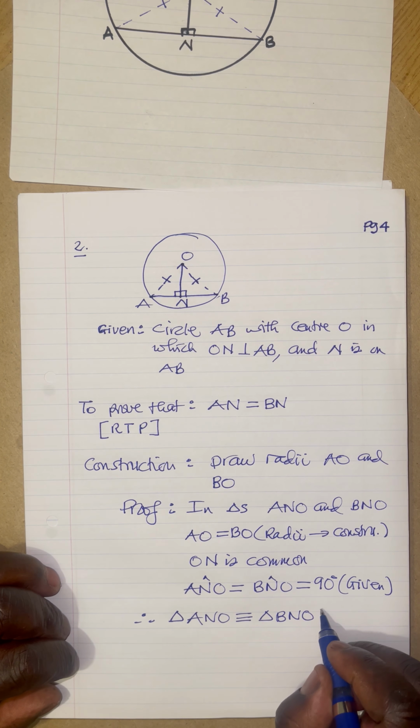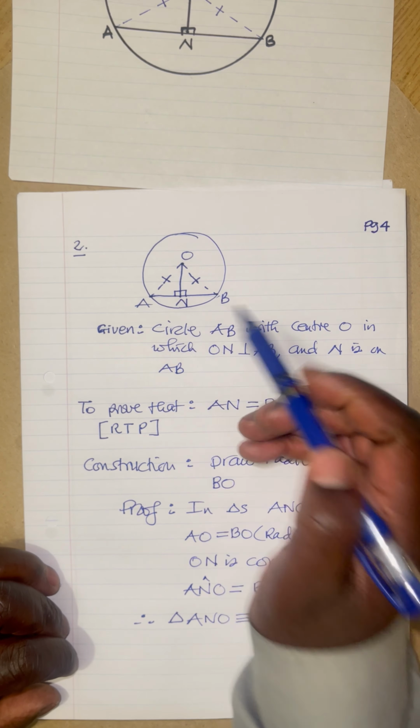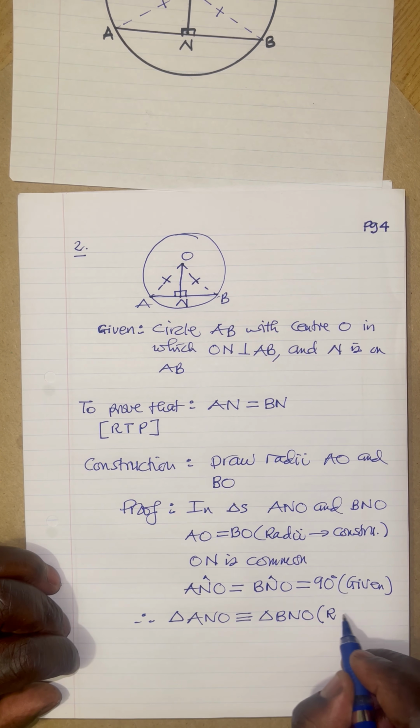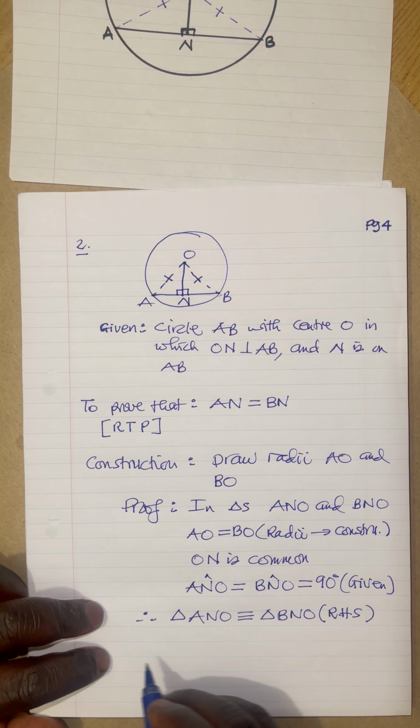So what is our condition in this case? Well, we have a right angle, the hypotenuse, and the common side. So it's RHS: right angle, hypotenuse, and the common side S. What is our conclusion? Well, our conclusion is, hence,